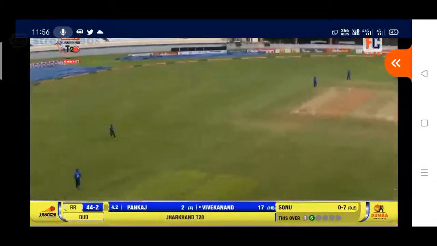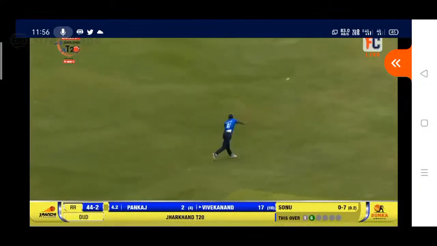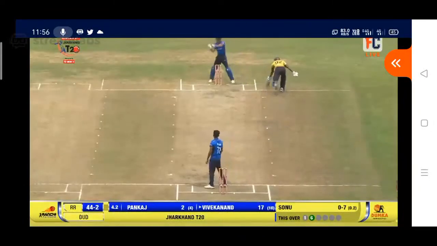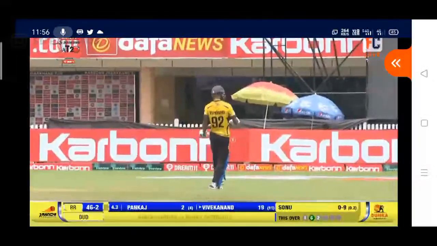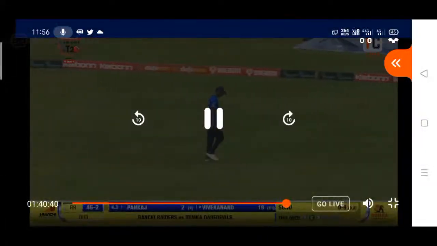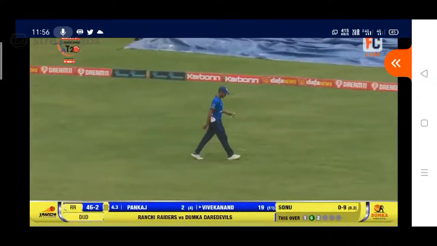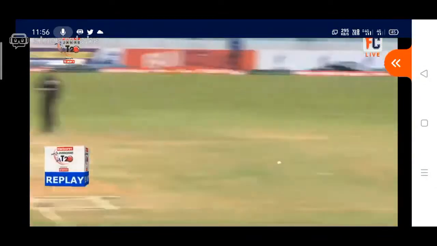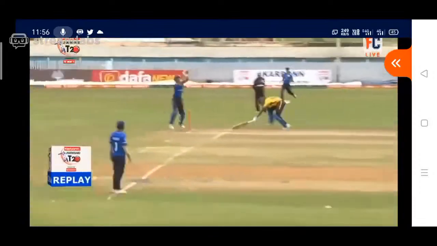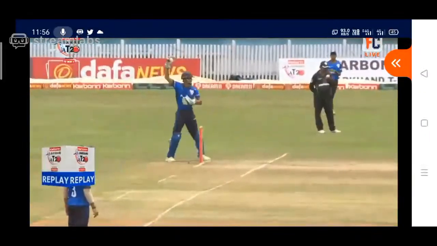And that's a single there. Do they want to take a second? They've finished the second run as well, conveniently. He was quick enough to complete the second run. Very well run. In fact, both the batsmen run very quickly. Vivekanand, just after hitting the ball, was going for runs. Seeing the fielder was slightly slow to move, he was able to complete the second run quite easily.